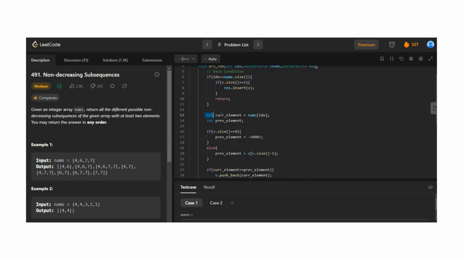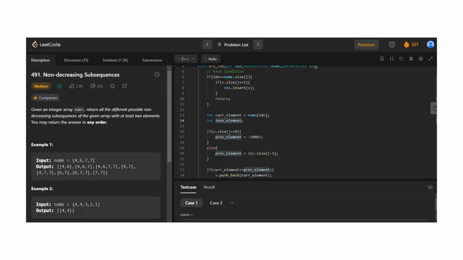So here we store the current element of the array in the current element variable, and the previous element, or we can say the last element of that particular array, in the previous element variable. But to store the previous element, we must have the previous element.